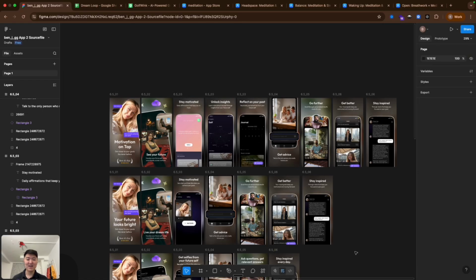Hi guys, I'm Ben, and I've built multiple iPhone apps, two of which are live now on the App Store: one called GolfWink, which is an AI swing coach, and one called Dreamloop, which is what I'm going to work on today. And I thought it might be useful to just go through how I create different iterations for screenshots,